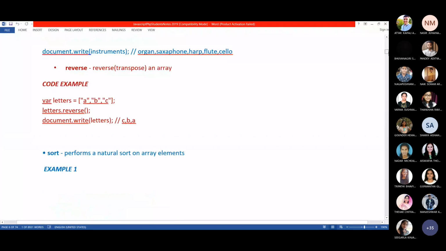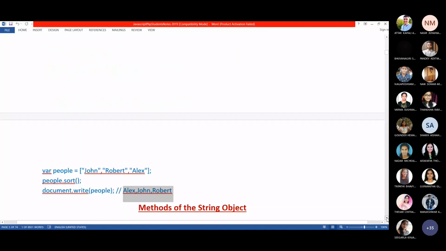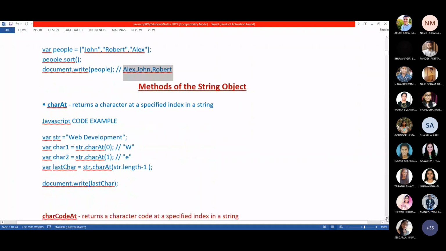All these are methods of the array object. Next we will see methods of the string object.